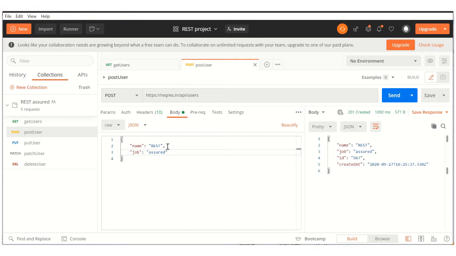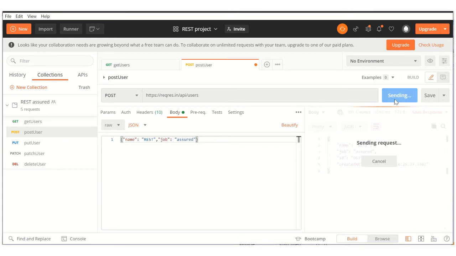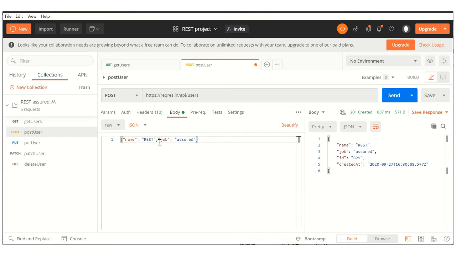And I have removed this new line character also, and it doesn't make any difference. You can remove this, and you can remove the spaces as well. It is still going to be the JSON formatted body. So you run this and you see this is success. So it doesn't make any harm if you remove the new line characters or spaces, it doesn't make any difference. All it recognizes is a key and value which are enclosed with the curly braces. That's what JSON format is.